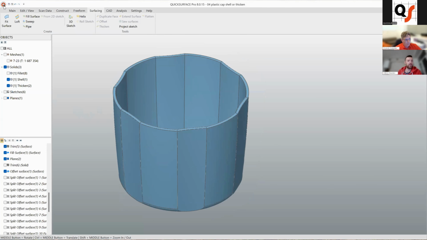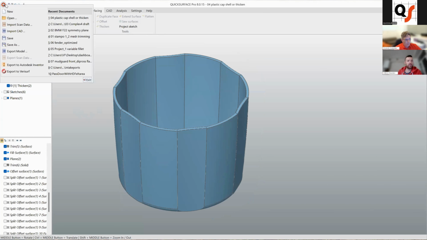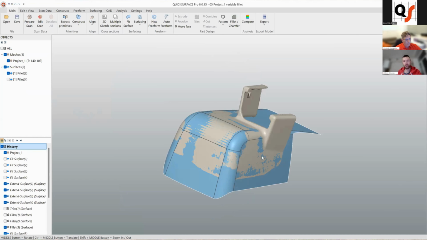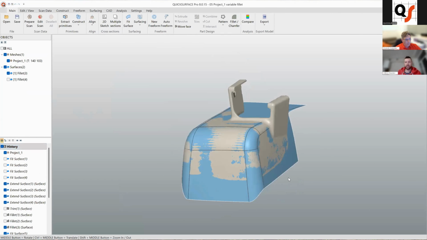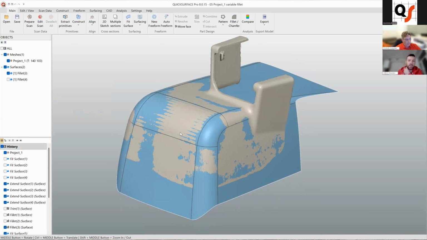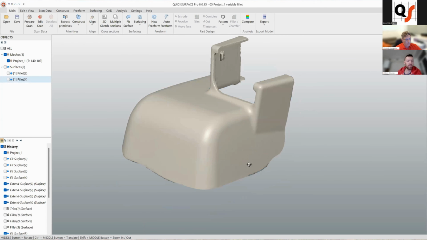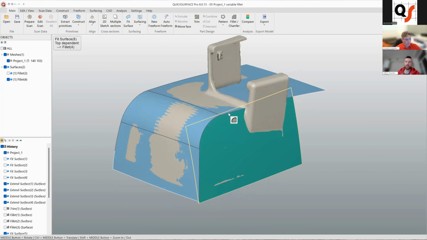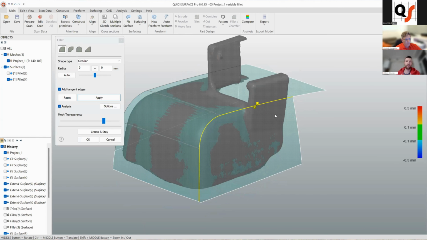Okay, so this would be about thickening, and we can go to our next topic, which is the variable fillet topic. So here I have this one quite simple part, but this is going to be good enough for you to understand how our variable filleting works. And for this one, I have prepared some set of surfaces. So, as you typically would, you go to fillet some edge,